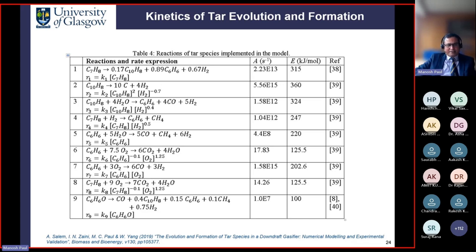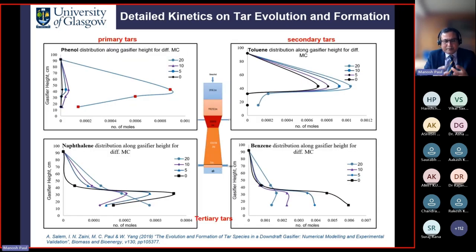So we extended our code from typical chemical kinetics where the tar species are included, and that paper was published in Biomass, basically showing the evolution and the formation of tar. Okay, it's not just the downstream, it's basically coming from the source. And then that gives us plenty of opportunity to look into this tar problem from a very different